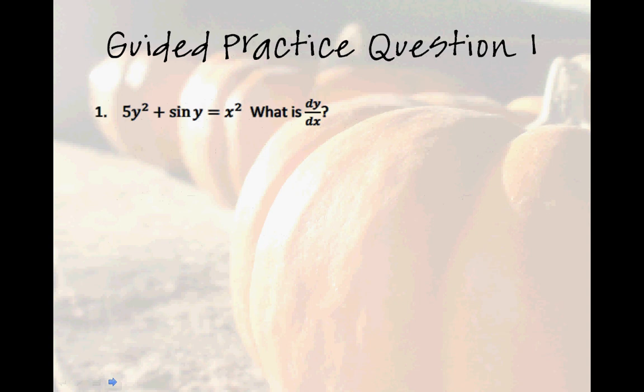Okay, so this is problem number 1 in the guided practice. We see that it would be extremely challenging to solve for y, so we're just going to leave it the way it is and do implicit differentiation. Okay, so here we're going to have 10y, and then of course we take the derivative of y, which is dy/dx. So that first term is done, plus cosine y, and then dy/dx, equals x squared, which is just 2x, and then dx/dx, which we're not worried about. Okay, so if we solve for dy/dx,